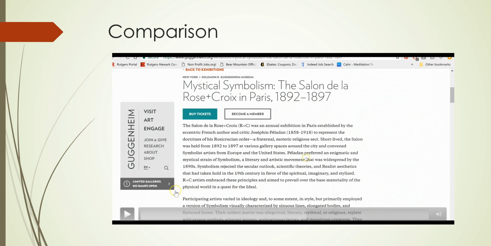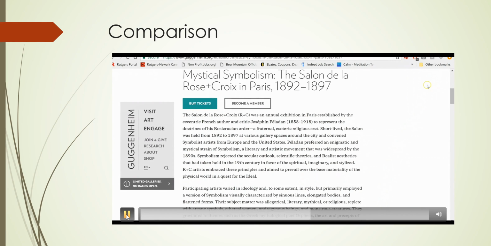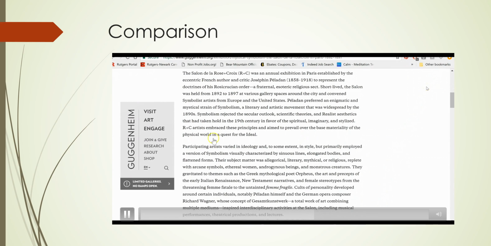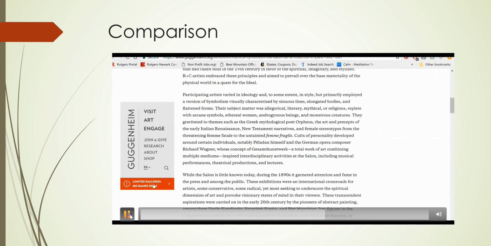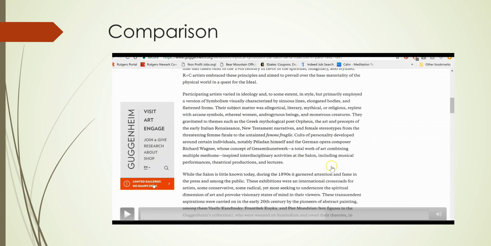However, I do find there was a lot of text. There really isn't a grid flow. There are definitely, as you can see, sections within the website. Like you have this first part that talks about the salon, and it's now starting to turn into an article, which I thought was a little straining to the eye. I thought I wanted to see more about the art, and then you have this right margin here that's not necessarily aligned well,